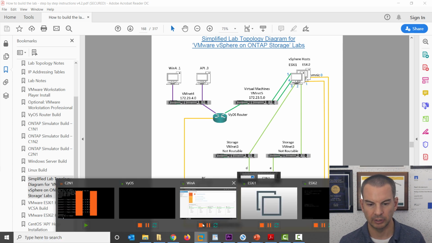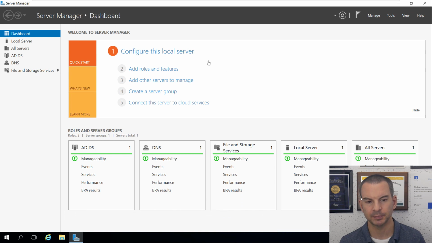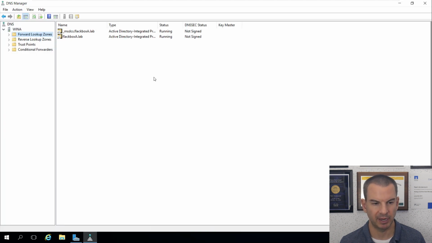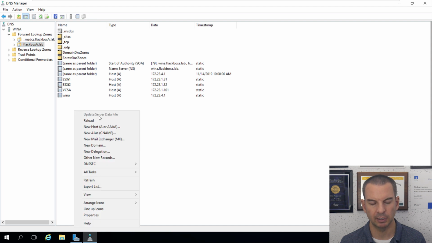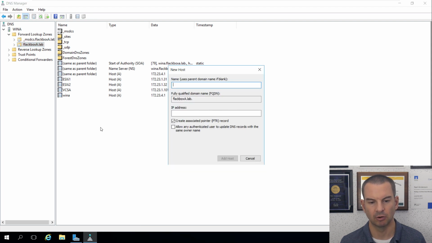So I will go on to my Windows host, and then in Server Manager, I will click on Tools, and I'm going to go to DNS, and I'll maximize this. I'll expand out my forward lookup zones, and the DNS zone here is FLACKBOX'S. So I'll click on that, and then over in the right-hand side of the window, I'll do a right-click and say New Host, A or AAAA record. The name that I'm going to call this is VSC for Virtual Storage Console, and the IP address is